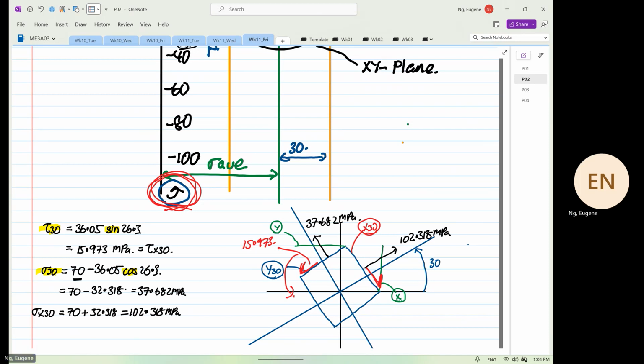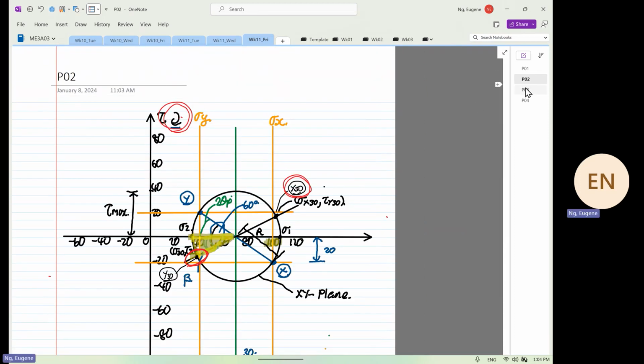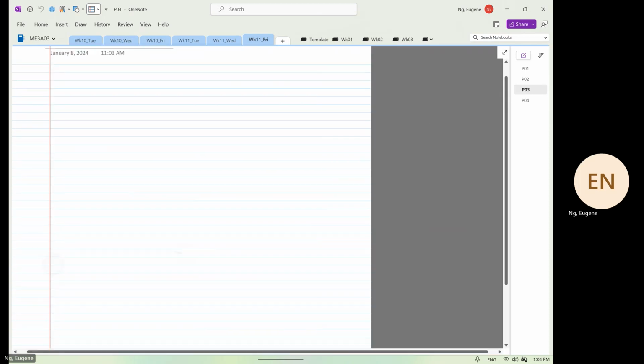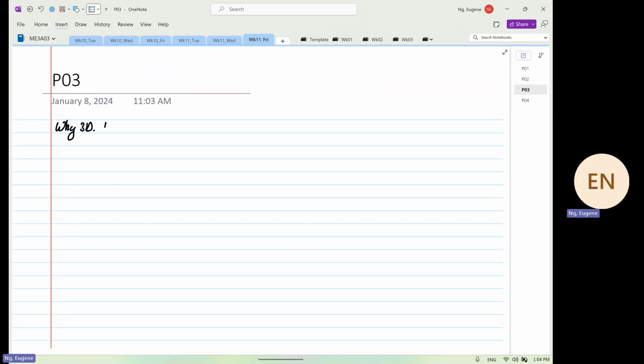Now, what I'm going to do now is to address 3D Mohr's circle. And I'm going to explain this example, 3D Mohr's circle, because I've been put to become an expert witness before